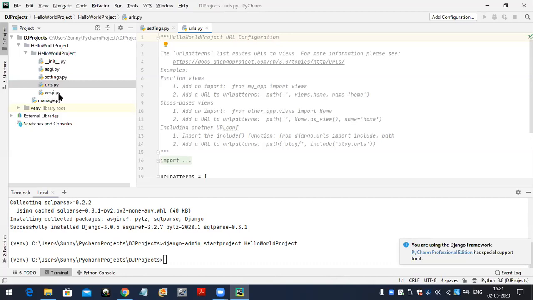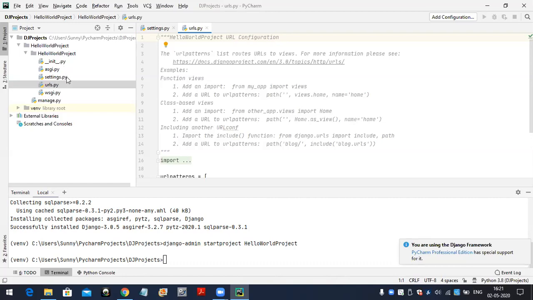Right? These are the different files we are getting inside the Hello World project subfolder: init.py, settings.py, urls.py, and wsgi.py. What does init.py represent? It represents this folder as a package.